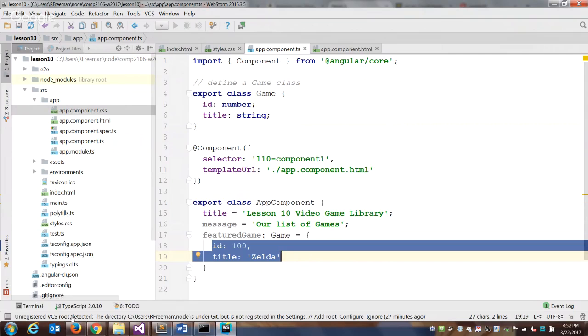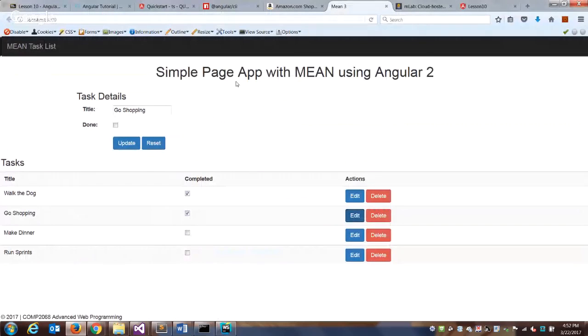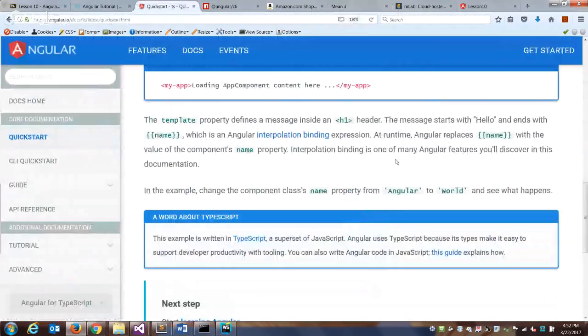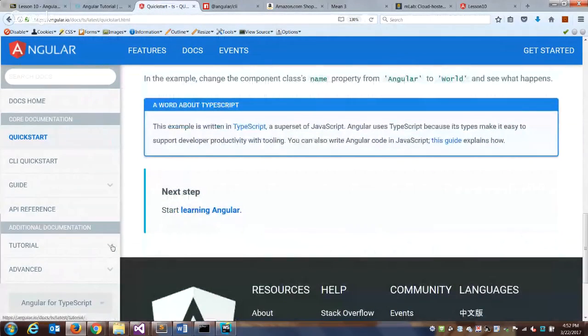There's a few resources I would highly suggest. I'm not requiring you to look at them, but there's 2 things I would suggest you do before next week's class. In total, it will probably take you a couple of hours. Okay? There's 2 good resources. The first one is right on the Angular.io site. They have a tutorial here